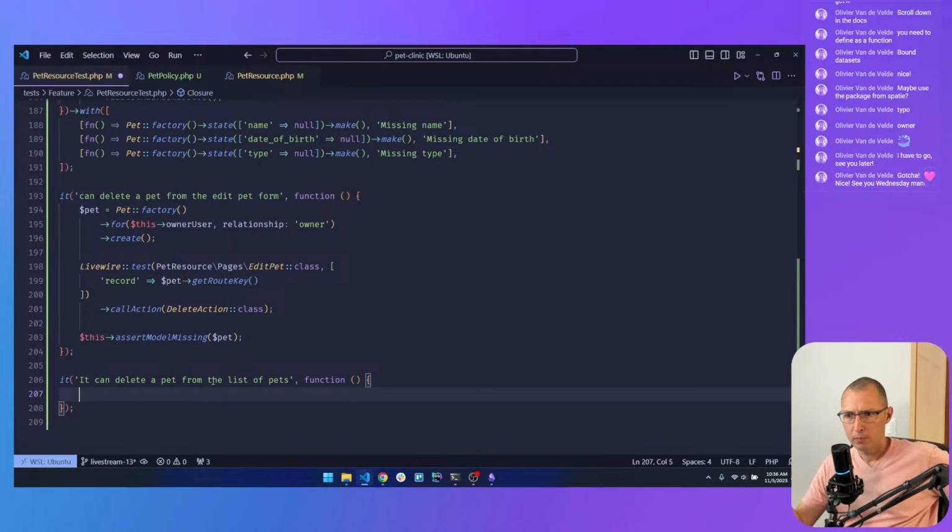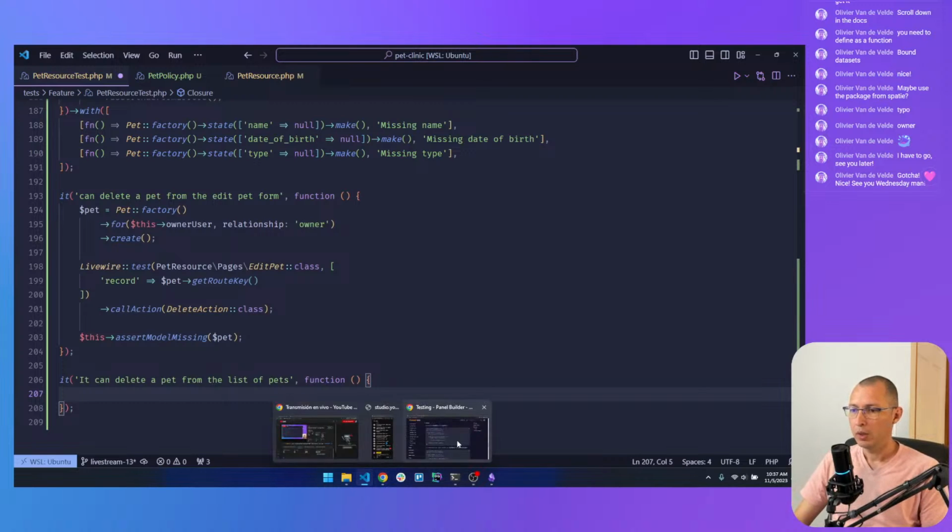A, there is no guarantee that there is a delete action on the table from the get-go, I think. Usually the edit action is by default. I'm not sure about the delete action. So you should make sure first that on that pet you have a delete action on the row, and then we make sure that calling that action actually deletes the record from the database.